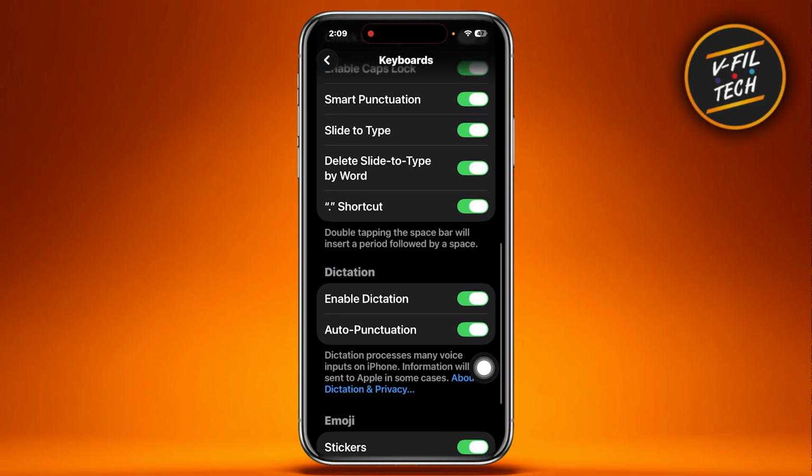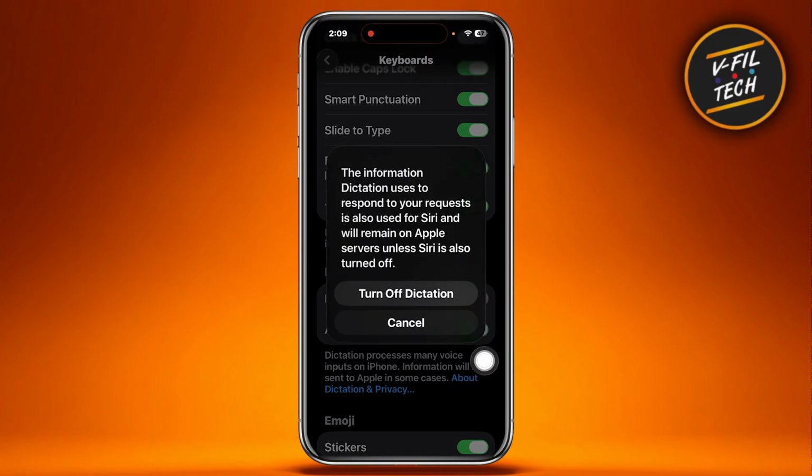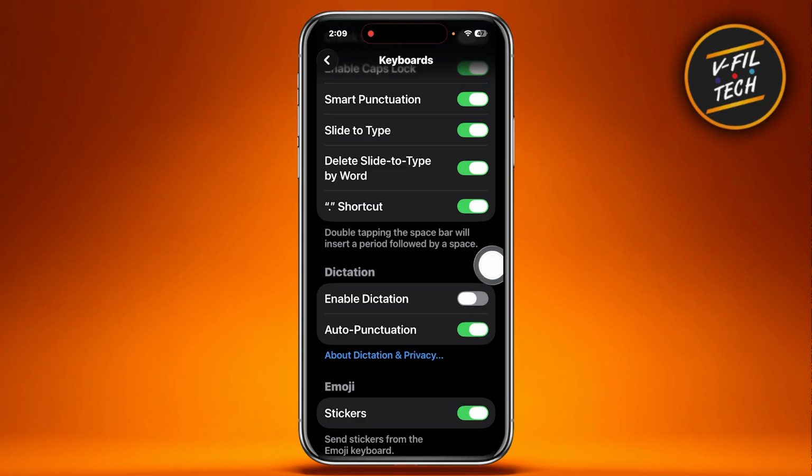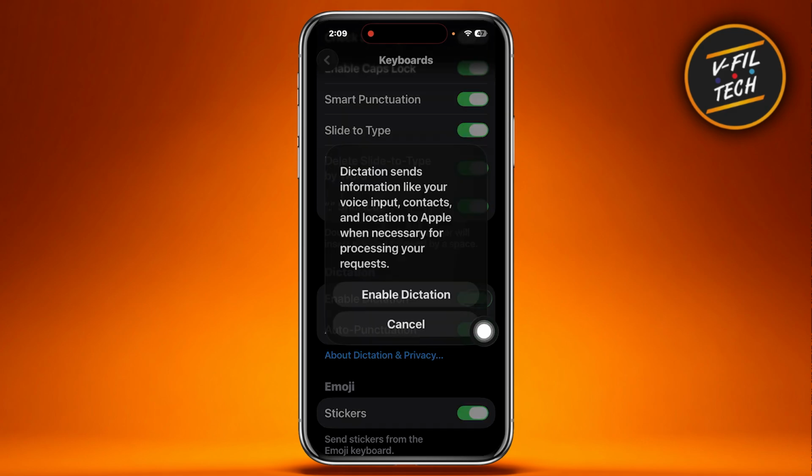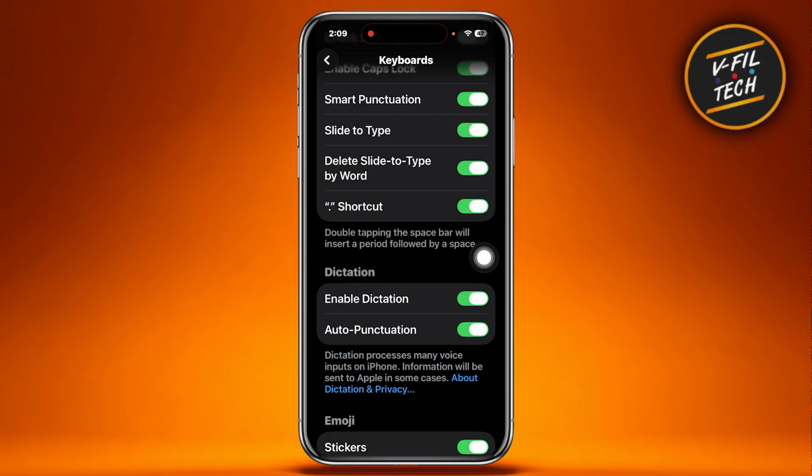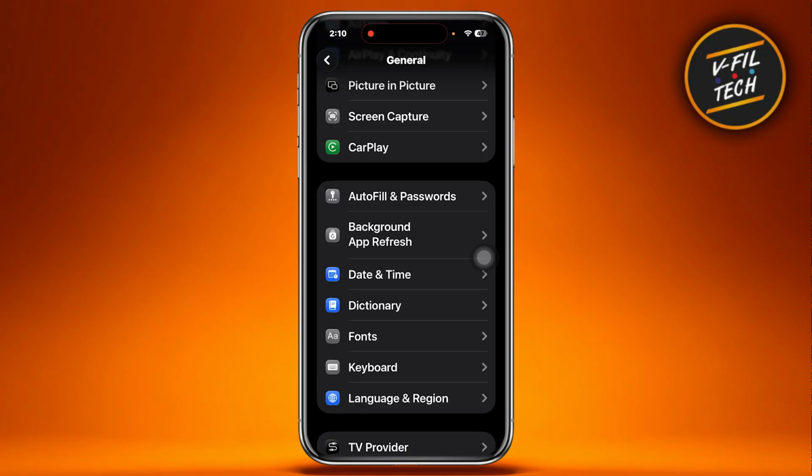Then down below, you have to ensure that Enable Dictation is on. If this is off, say for example, I'm going to do so, what usually happens is you are disabling text to speech, or voice to text rather. And I'm going to enable this again. All right, now once it's done and still you don't see it working, I want you to